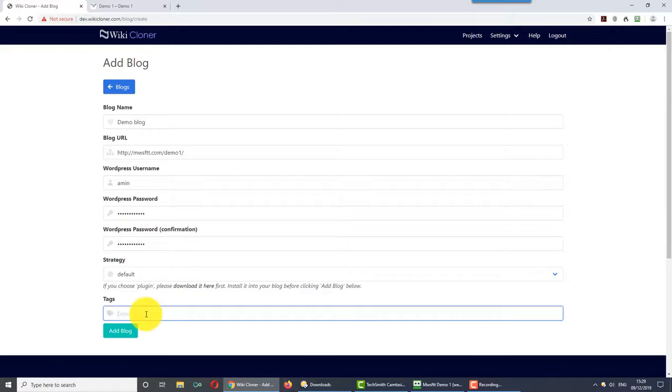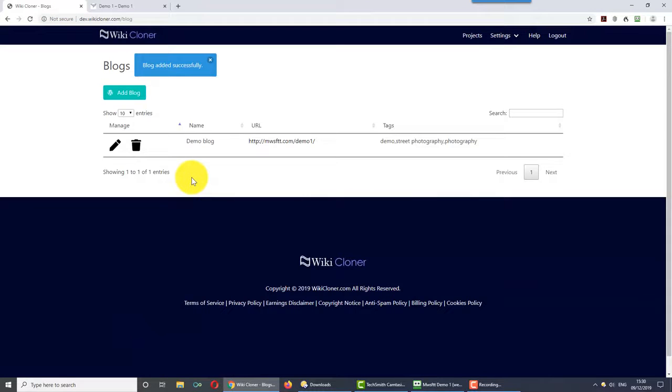By using tags you can do that, and these are comma separated. So you could put weight loss, you could put sport, or whatever your particular tags may be. For this particular one, I'm going to put demo, street, photography, and then perhaps the word photography as an example. Click on Add the Blog, and that's now set, ready for you to use with the articles that you retrieve